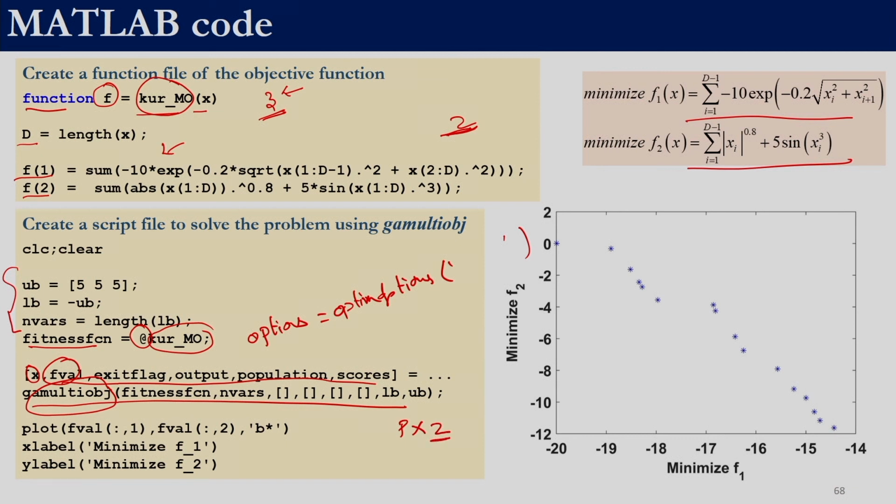We would not a priori know the number of Pareto points, right. So, fval will have 2 columns. The first column will contain the value of the first objective, and the second column will contain the value of the second objective. So, after solving it, we are plotting the first objective on the x axis and the second objective on the y axis, right. Wherever there is a point, we are putting a blue color star, and then we are just adding the labels, x label, y label. So, this is the plot that we would get, right. So, f1 is on the x axis and f2 is on the y axis.